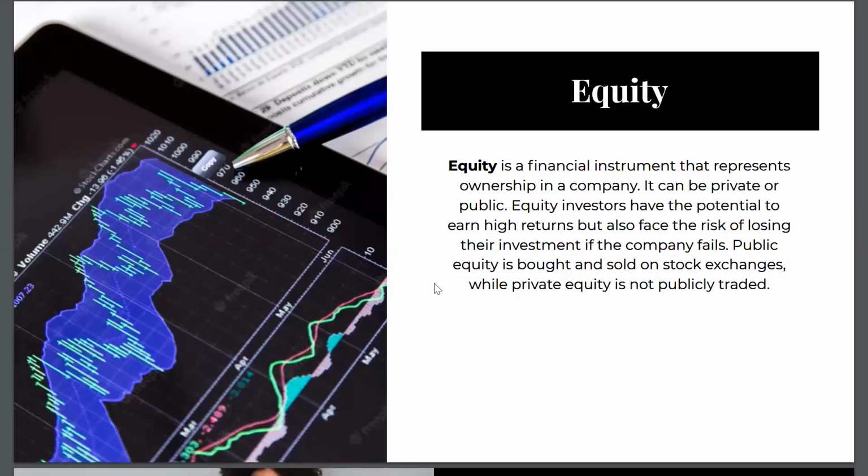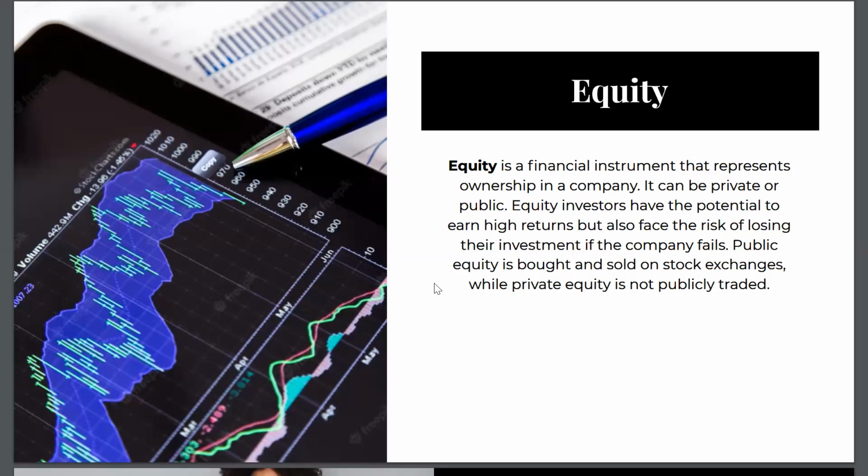So, first, we're going to talk about equity. Equity is a financial instrument that represents ownership in a company. It can be private or public. Equity investors have the potential to earn higher returns, but also face the risk of losing their investments if the company fails. So equity holders are shareholders or stockholders, depending on what you call them, and they invest their